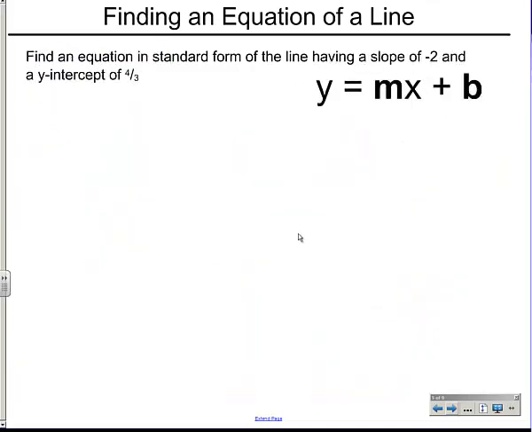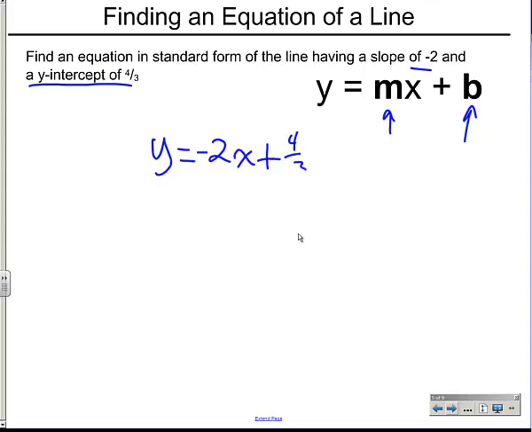For our next example, we're going to find an equation in standard form again, but of the line that has a slope of negative 2 and a y-intercept of 4/3. So we're going to use the slope-intercept form. So slope goes here and the y-intercept goes there. This is kind of an easy form. So I got y is equal to m, which is negative 2, times x, and the y-intercept is b, so